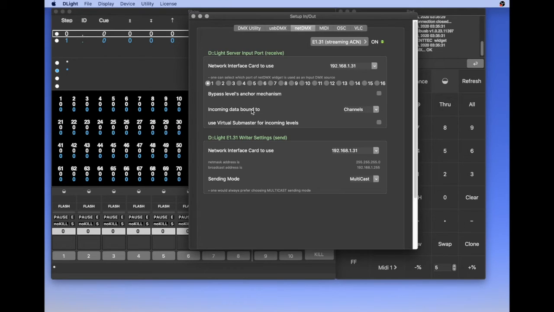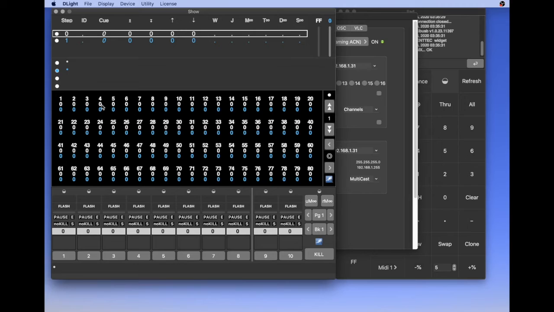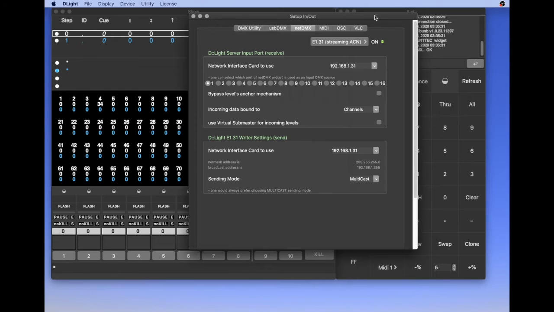Here you can bypass level anchor mechanism. What does it mean? It means that if in this computer channel 4 is at this level, on the other computer, you have to trust me, the level needs to go more than 24, more than 24 to take the control on it.